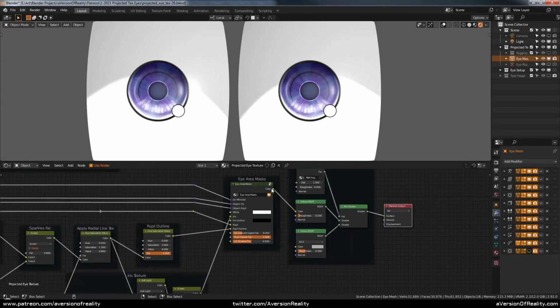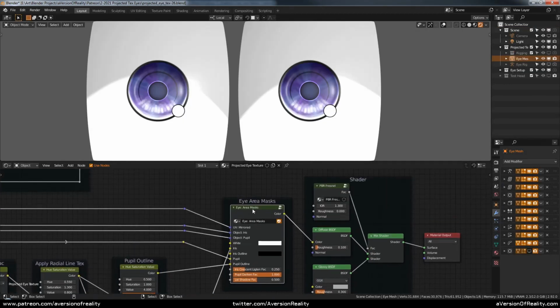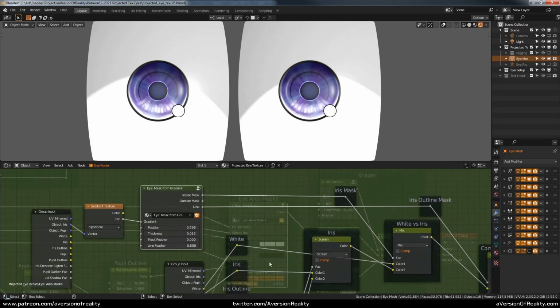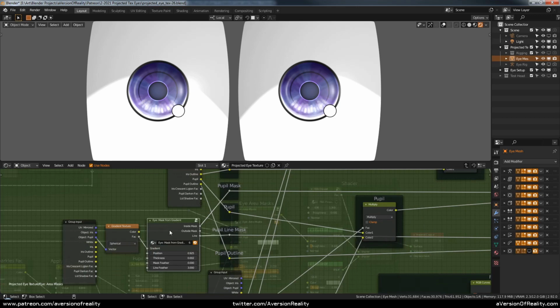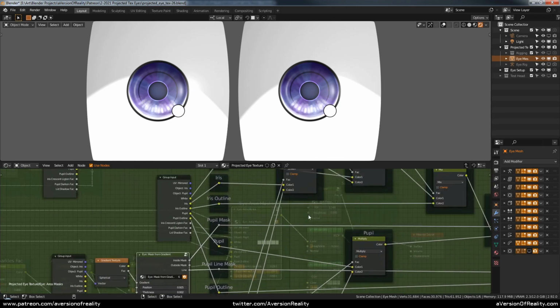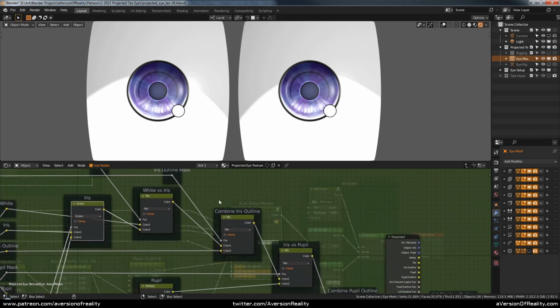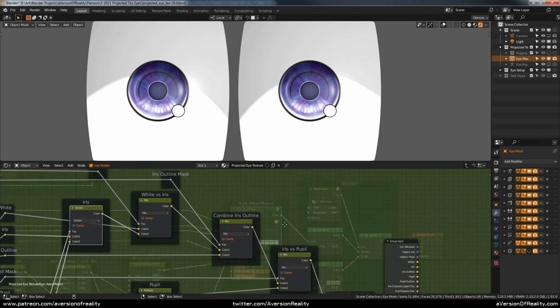In the next video, we'll be looking at setting up the area masks group. You can see this is based on the group we just made, and we have 2 uses of it, one for the iris and one for the pupil. And we're building a bunch of masks to define which area gets the iris color, what gets the pupil color,